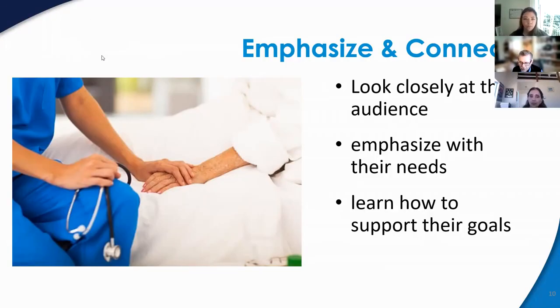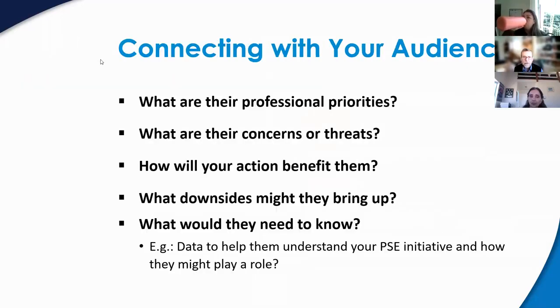And if you're on your worksheet, then we're going to move to the next item here on empathizing and connecting. These are just some questions that you should be thinking about. You don't have to answer all of these, but I will tell you, the more you can think these through, and please, this is where you can't afford to shortcut this exercise. This becomes really important to spend some time thinking. Most of us think we've got one piece of it and we're ready to go forward, but the more we can do some analysis on this, the more likely we are to be successful in moving through all of this.